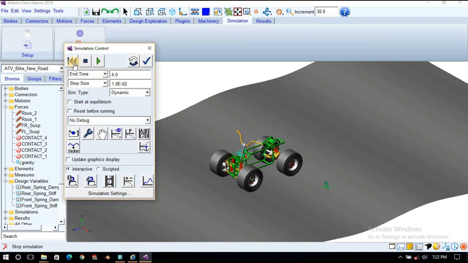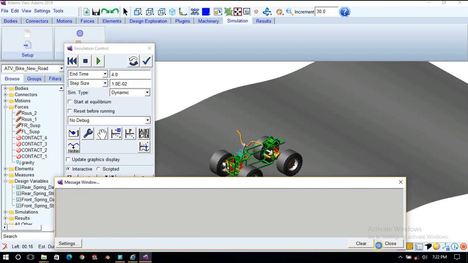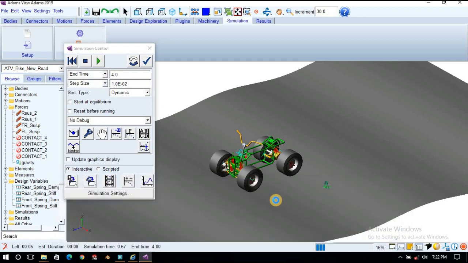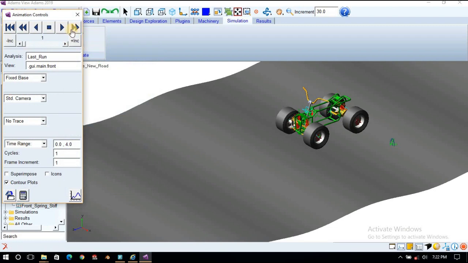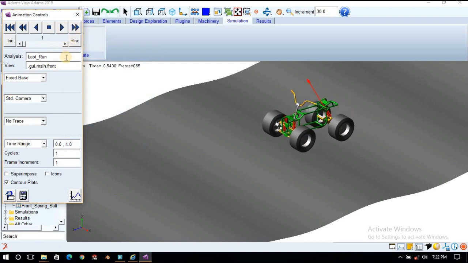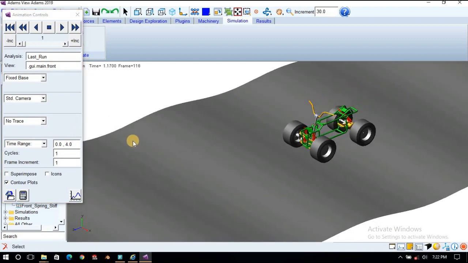So go to the simulation, run it, ignore this warning. You have to change the orientation of markers at the joint location of the tire. Now run the animation. Now we can see this is moving properly.